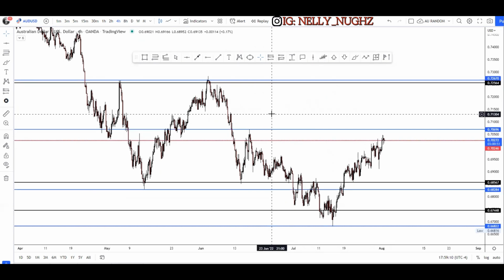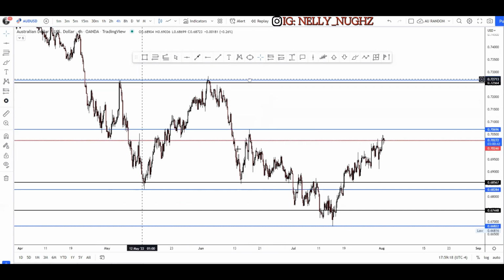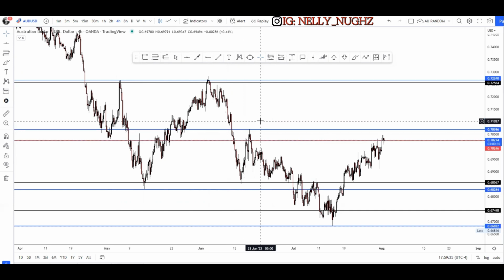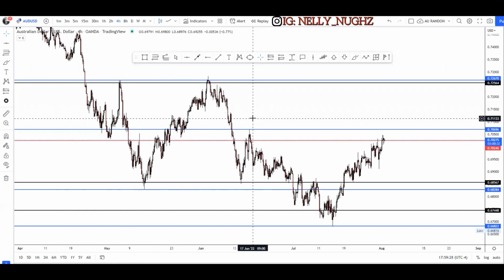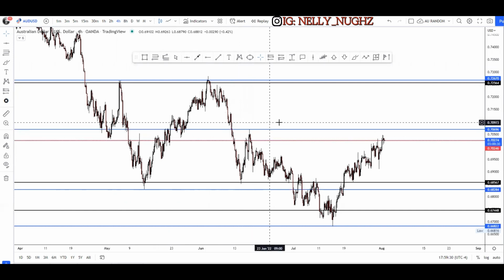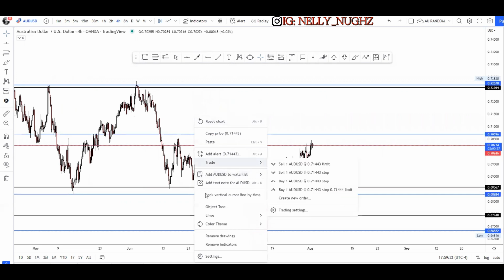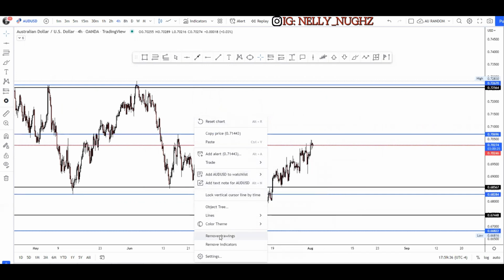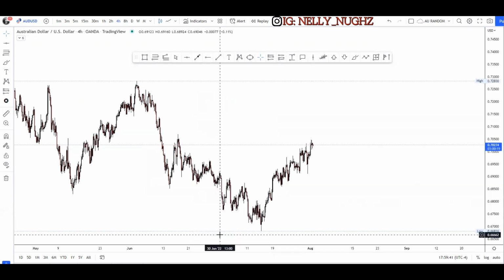All the great traders, they all know this. They all know you don't draw your support resistance lines anywhere. There has to be a reason. There has to be a real reason why you're drawing them. You can't just draw them anywhere and just say, okay, well, I think this looks good. No. Even if you want to do it on immediate time frames, right? Even on immediate time frames, what you can do is you can